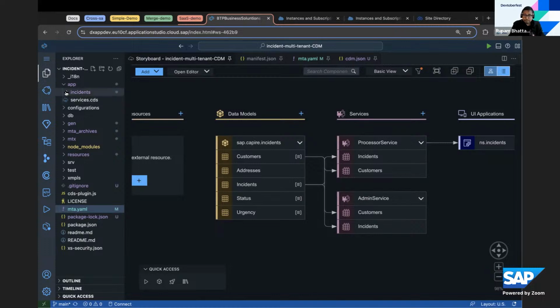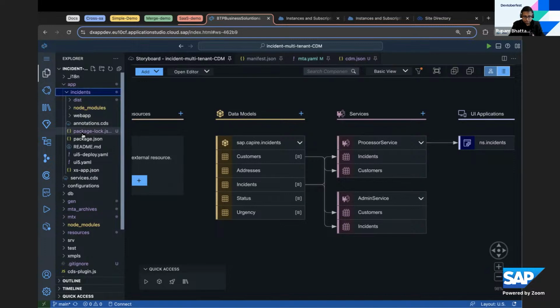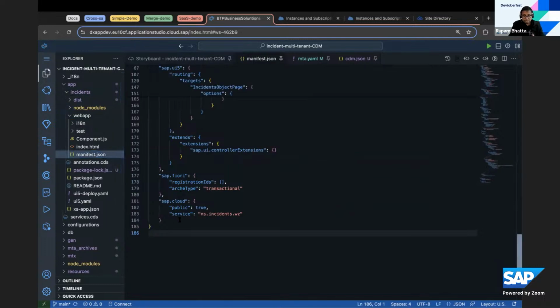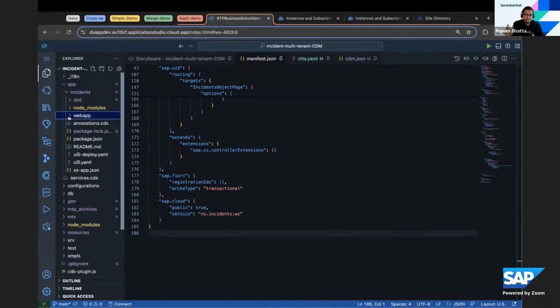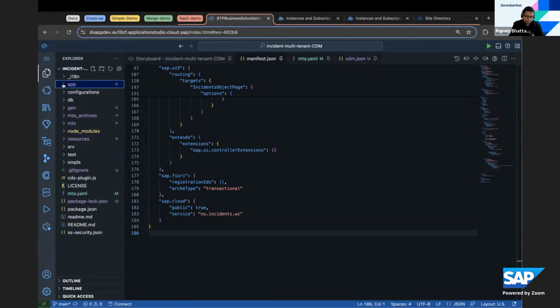So the first thing, like always, you need to ensure that the UI5 application definitely enables a SAP Cloud Service name. That's important because that's the business solution binding that we talked about. Once you have done that,